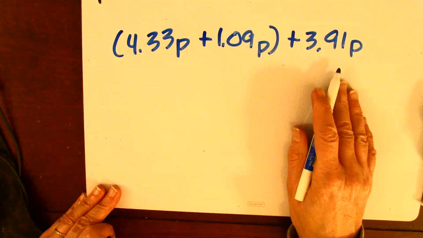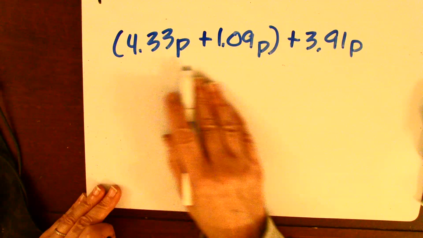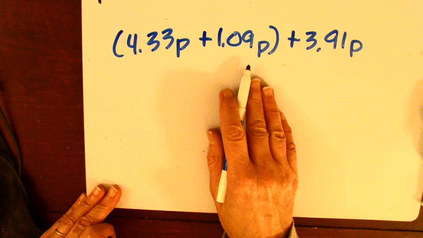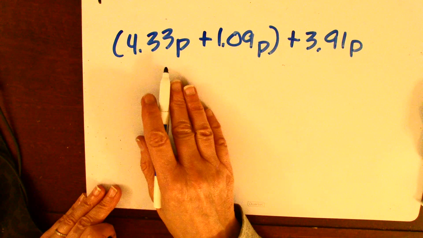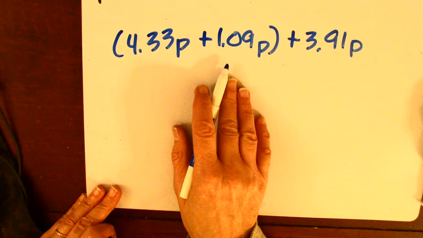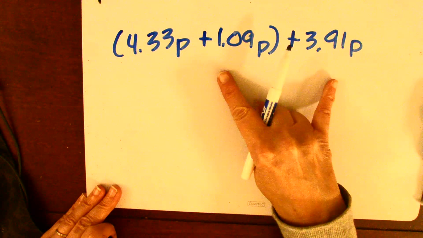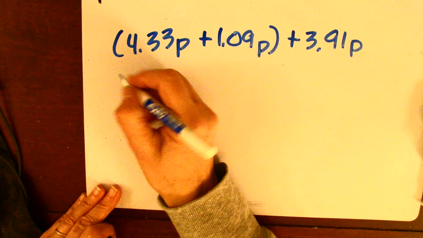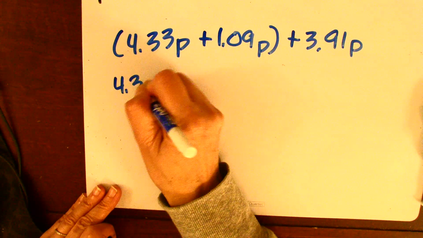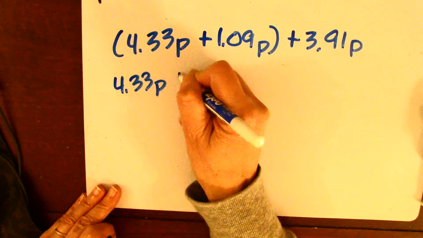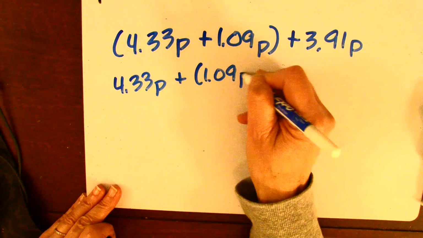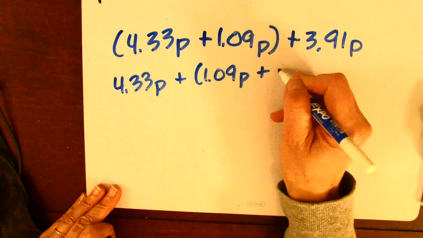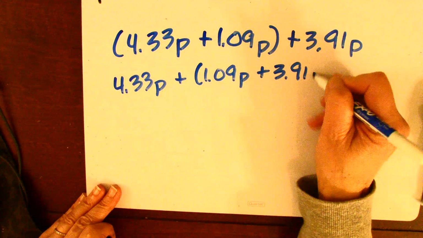Notice we have addition, and the way we've grouped this here, if we're going to do some mental math, this might be harder to do than, say, if we grouped these two numbers. So if I rewrite it as 4.33p plus the quantity of 1.09p plus 3.91p,